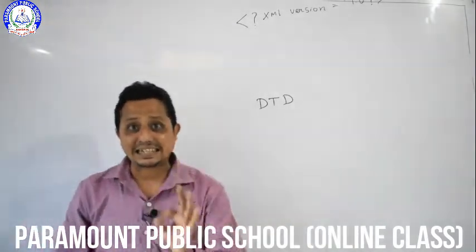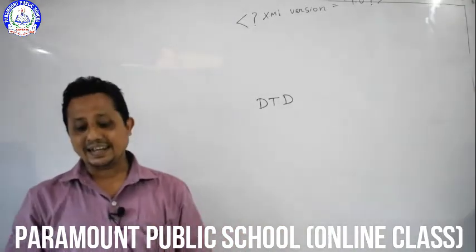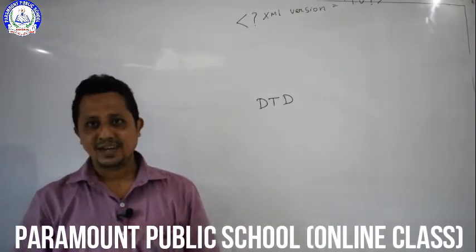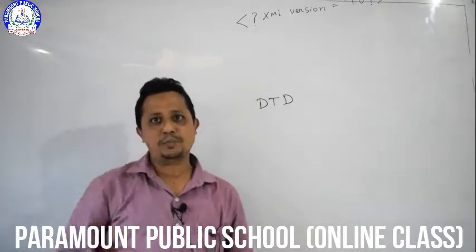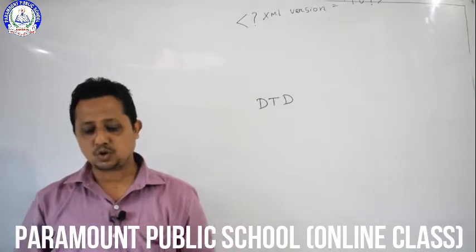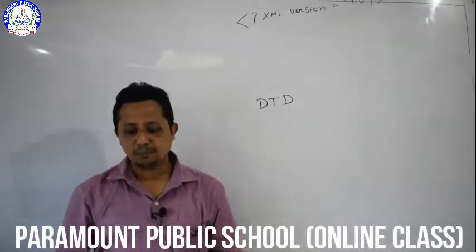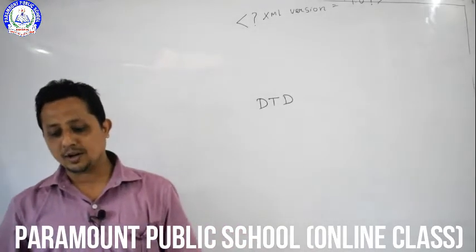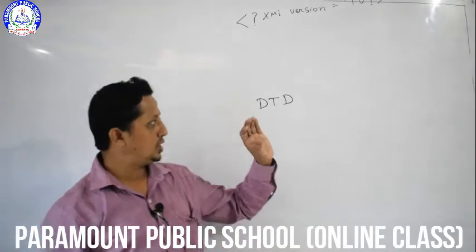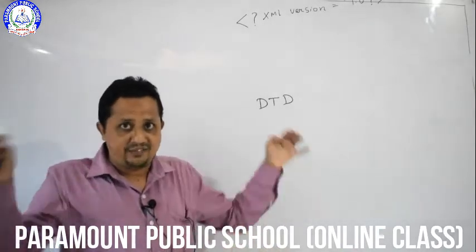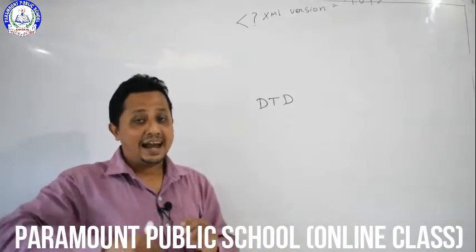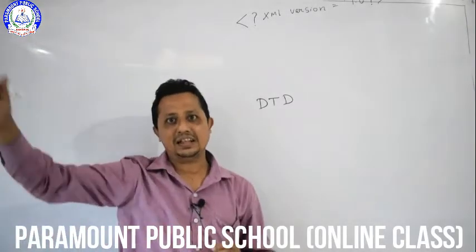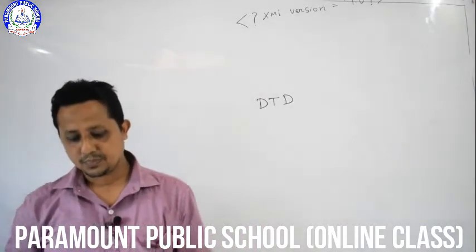Now, what is an internal DTD? An internal DTD is contained within the XML document, and an external DTD is a separate file that defines the elements or other document components of the current XML. So, actually, internal means it is contained within the XML document, and if there is a link from that document to another file, that is an external DTD.